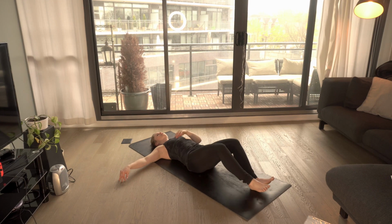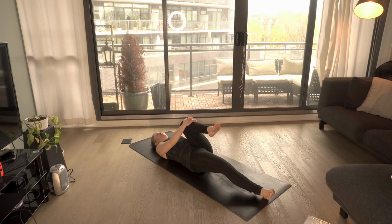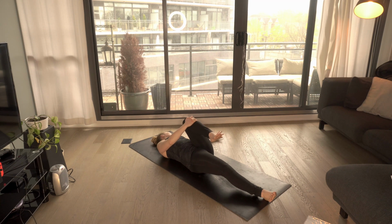So right leg goes to the ground and bring the left knee to your chest. From here again, you want to try and get that knee to your shoulder. Just something to visualize, and let's just breathe here. Inhale and exhale. Inhale and exhale. From here, we'll take that left hand down to the floor, right hand over the left knee, and